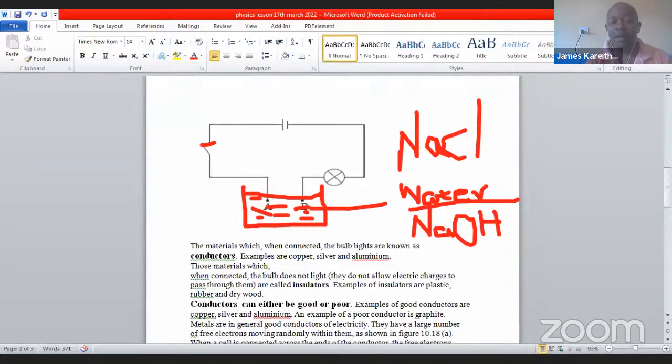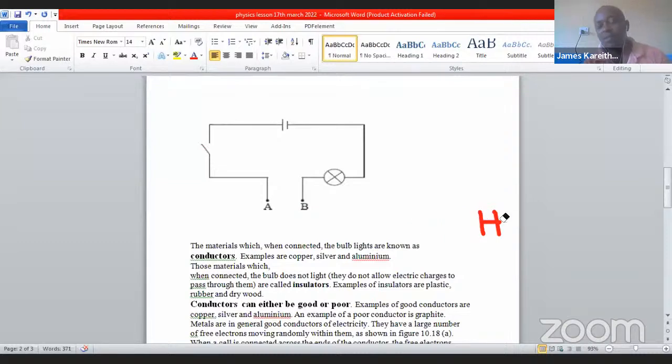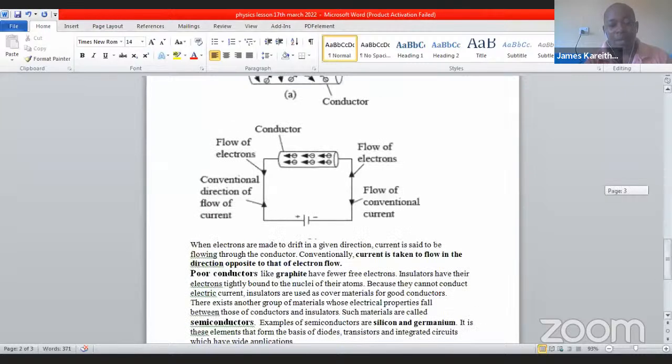We are trying to demonstrate that in addition to using conductors like the ones that we have used, let us say good conductors, metals, we also have some liquids that allow flow of electrons. Those liquids that allow flow of electrons, we call them electrolytes. And this is what I want to demonstrate down here. So it is not only solids that conduct electricity. No, we also have some other liquids that allow